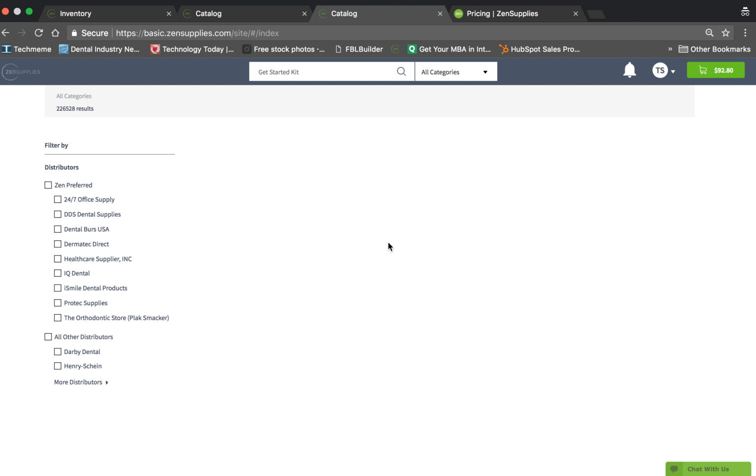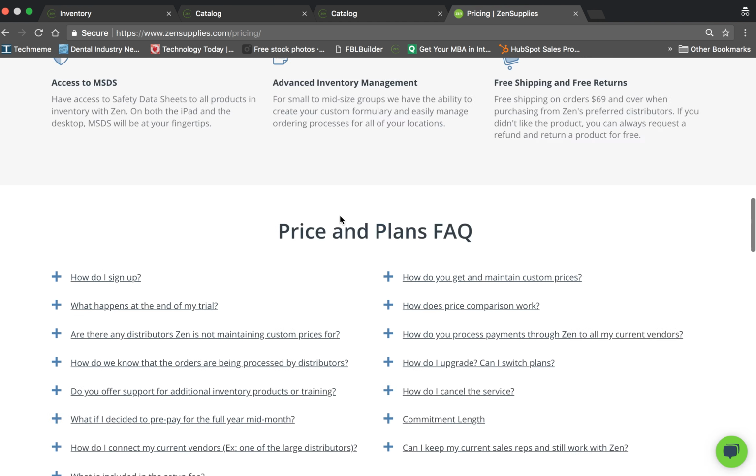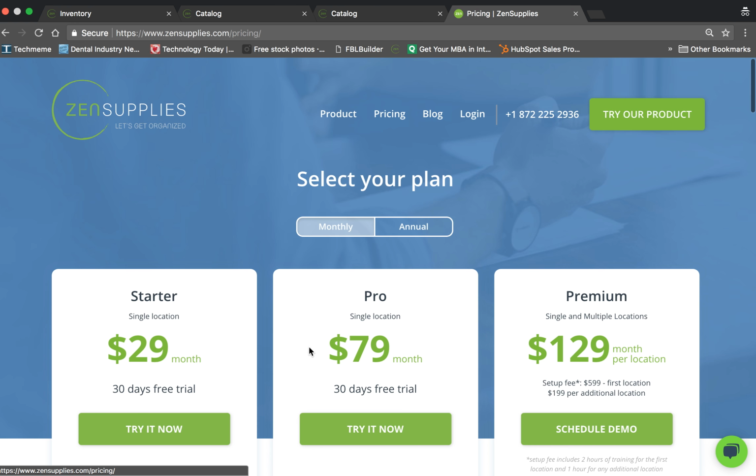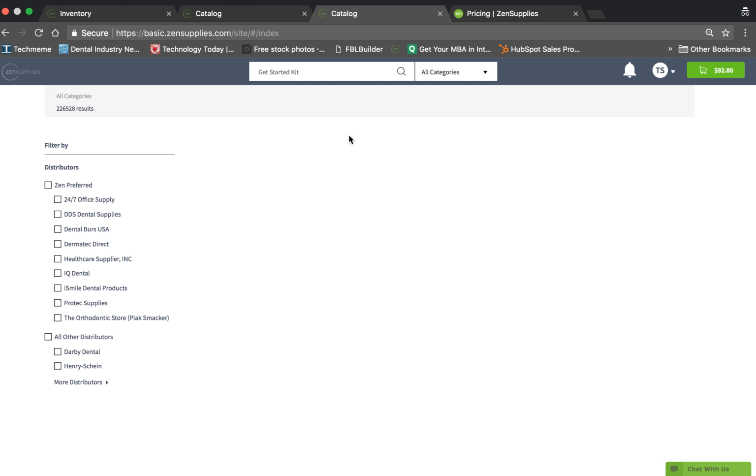When you sign up with the starter package, both packages do not require any payment. So you literally can just select try it for free, or let's check what's the button here. So yep, try it now. As soon as you click on this button, it will take you into the login and registration page. Then you will see the confirmation email, and on the back end, our team will be able to review and check your license. And now once you're inside, you will be able to start using the starter package with just Zen